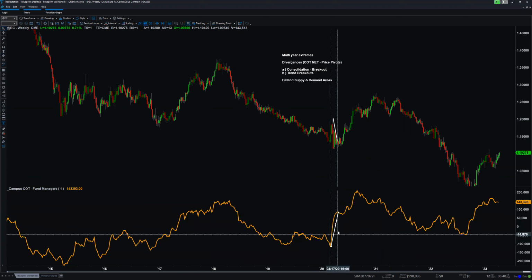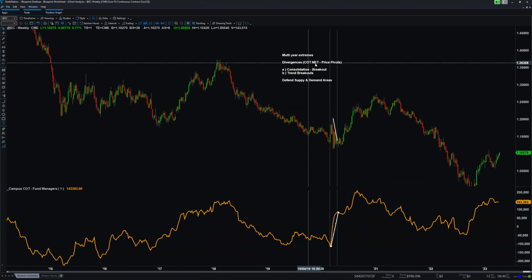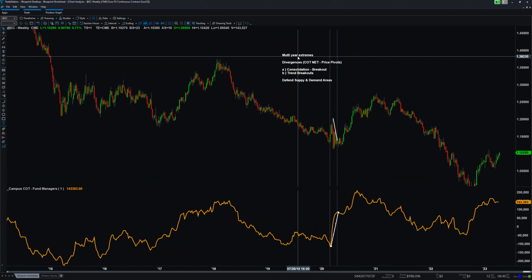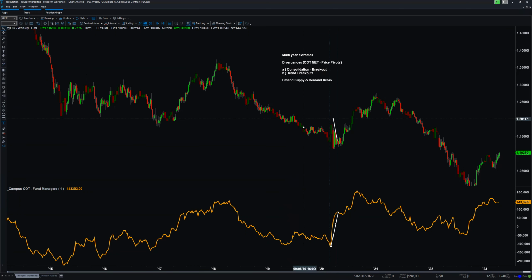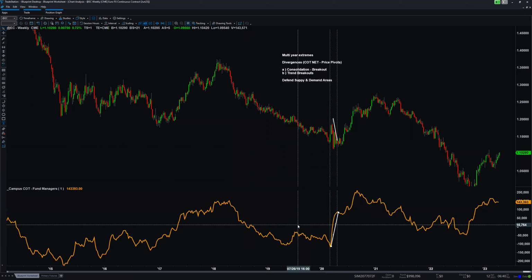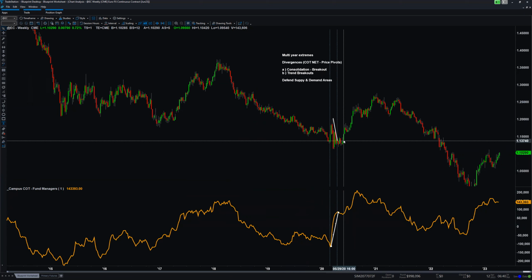So I can see a very clear divergence of the COT net versus the price pivots, coming from an area that is a multi-year extreme. We're getting the consolidation breakout, the trend breakouts, all of that good stuff. And what we want to do at this stage is buy demand. Now on the weekly,